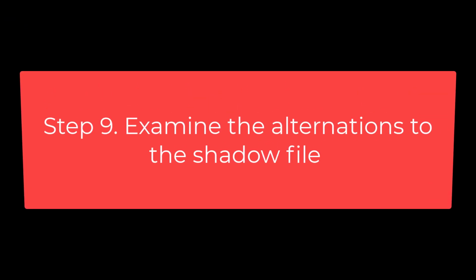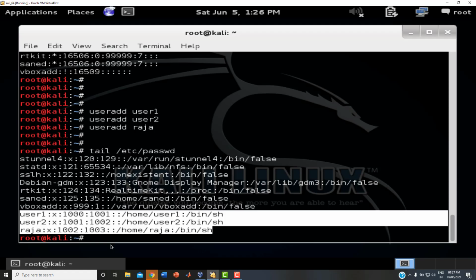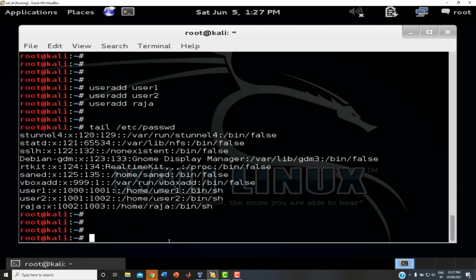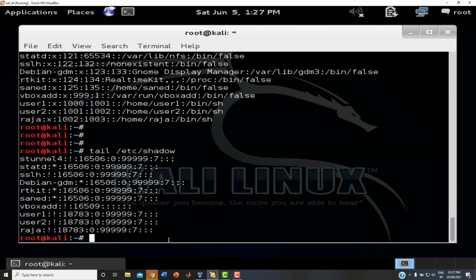Now we are going to see the shadow file. What are the alterations or the changes that took place in the shadow file? So the command is tail, we are going to display only the end of the file where the changes happened. So tail /etc/shadow.